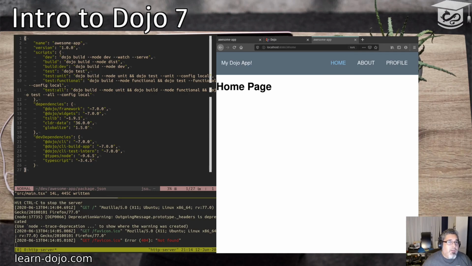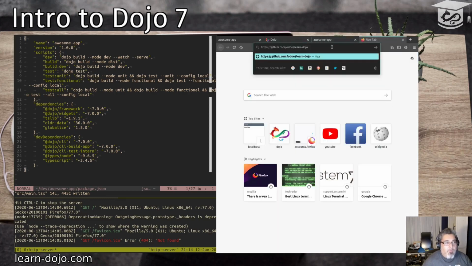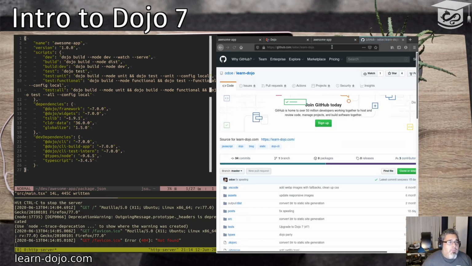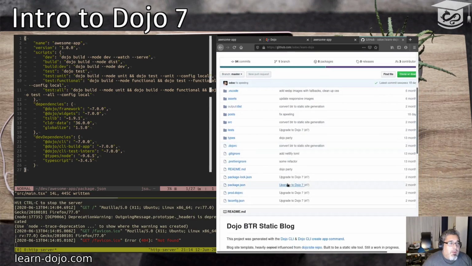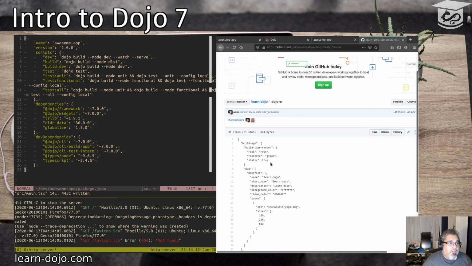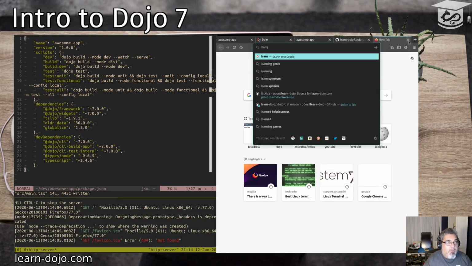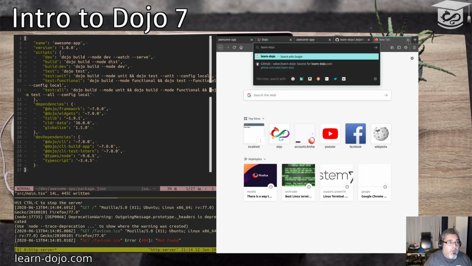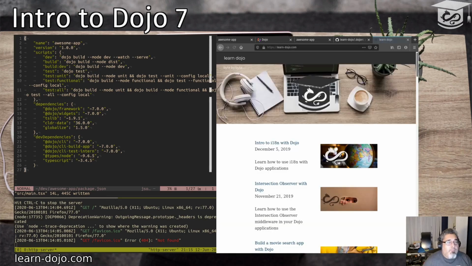So if we look at the GitHub for the Learn Dojo site, you'll see that we are doing the build time renderer with the root and the static true. And if we look at learndojo.com,